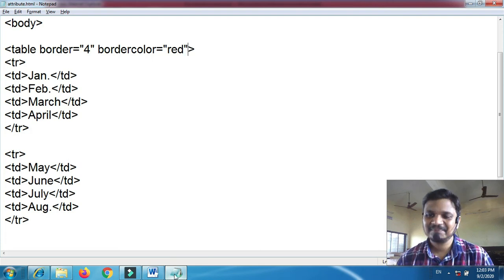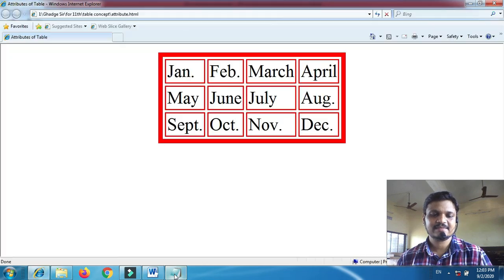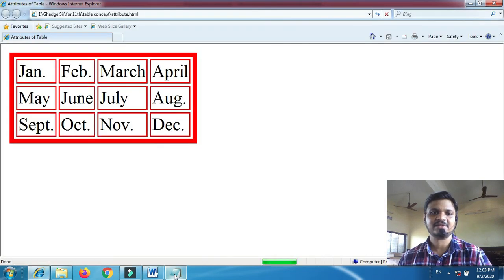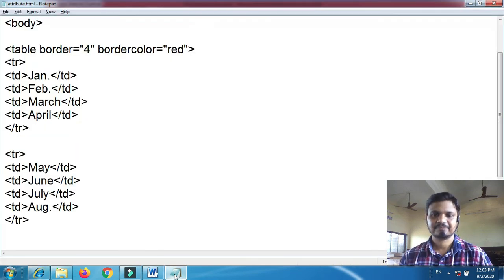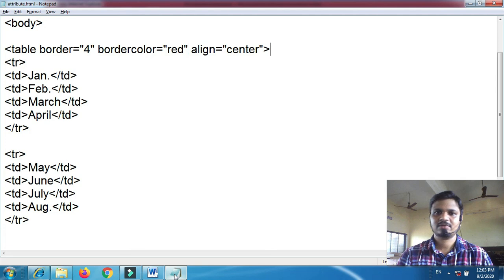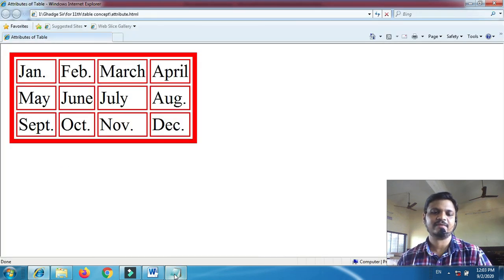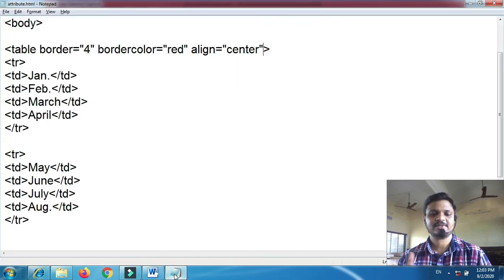I already told you the default alignment value for a table is left. So if I refresh it, it displays on the left hand side. If I again save this document and refresh the browser, then it displays center alignment because I put the center value.